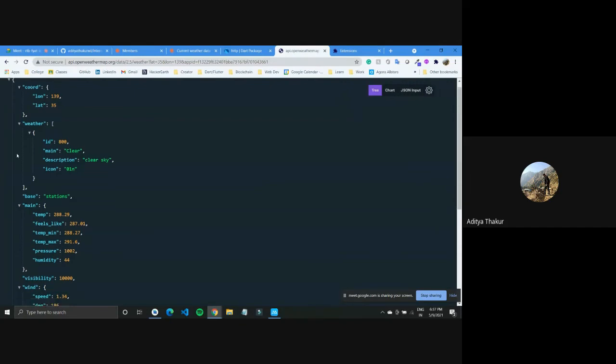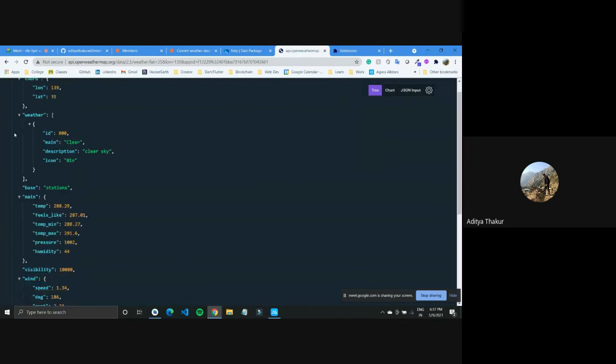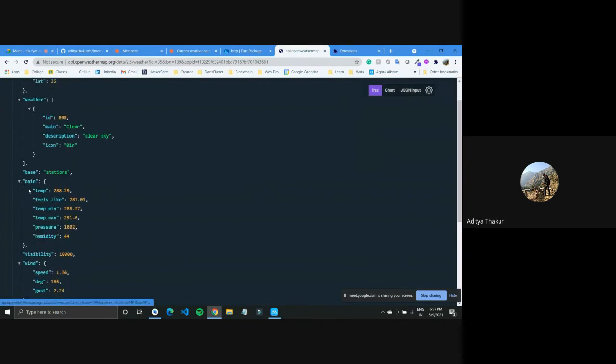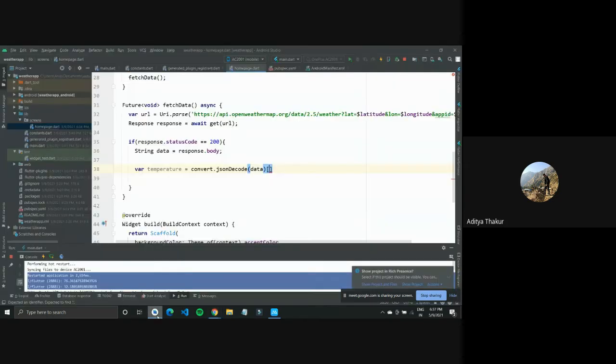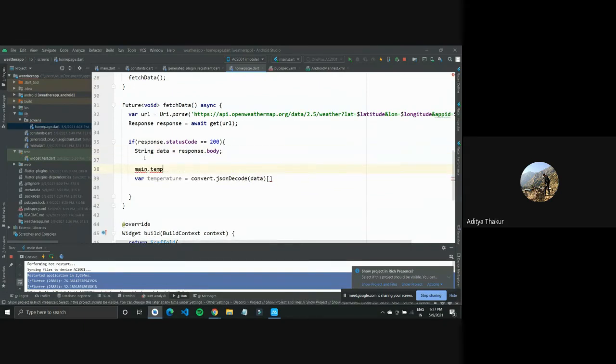Okay, so now it's better visible. We have the data outside, 13 items we are getting, and inside this main, we have the temperature that we need. You can just copy the path from here, and it will show you where the particular value is that you are trying to get. It's in main.temp. So I'll type in main here, and inside that I'll go to the temperature part of it, and this should fetch me the temperature.